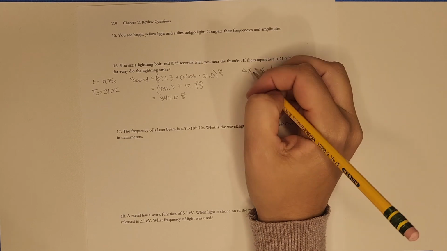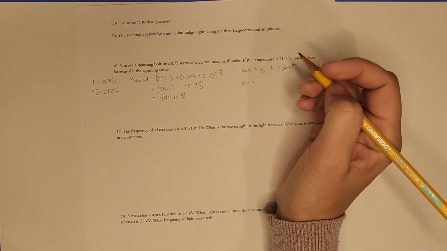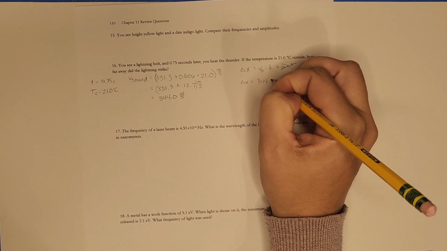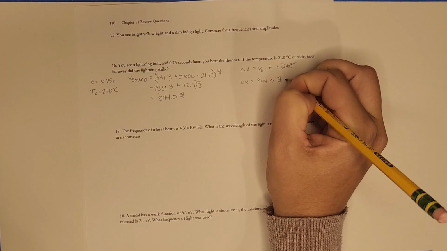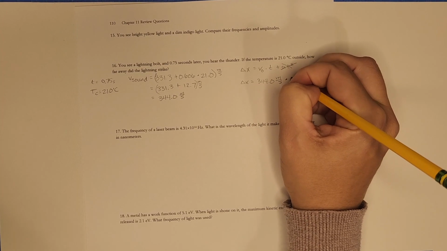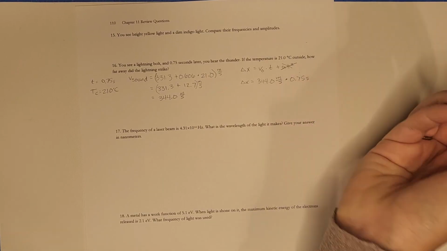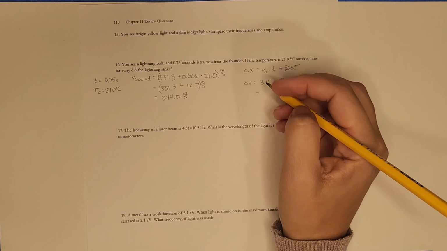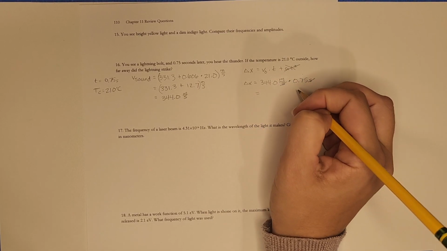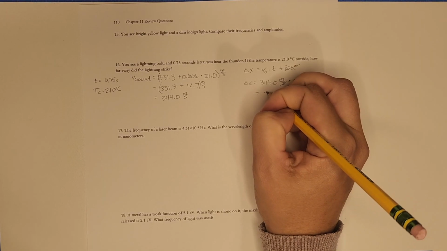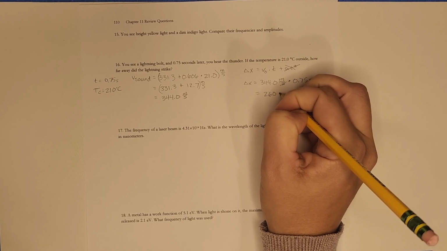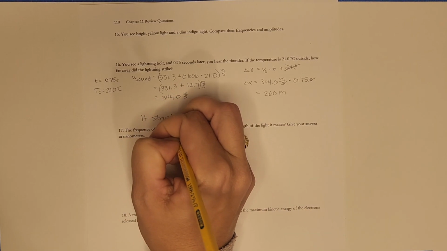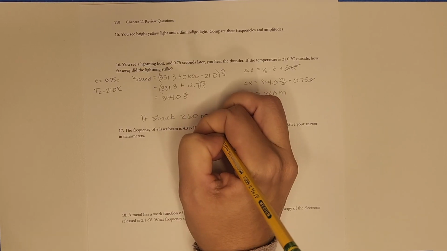So our delta x equals our velocity, 344.0 meters per second, times our time, 0.75 seconds. Seconds will cancel, we'll be left with meters, and we get 258 meters, but we need to round that to two significant figures, so 260 meters. So it struck 260 meters